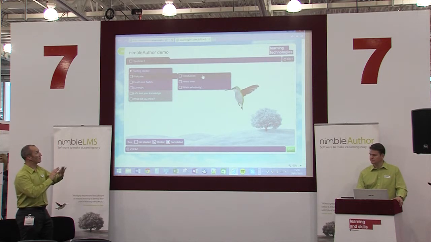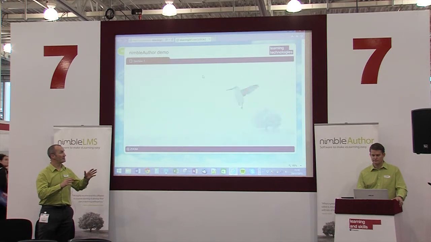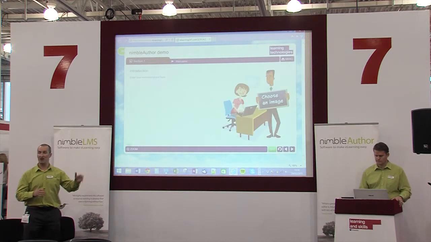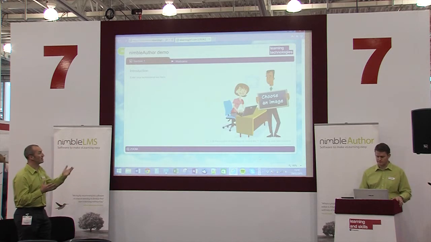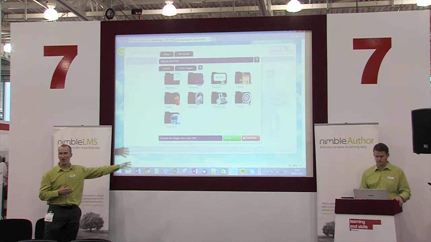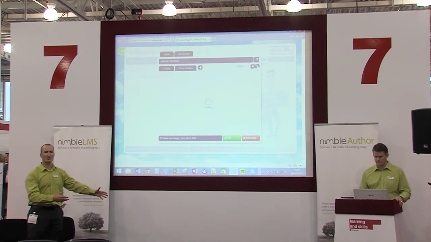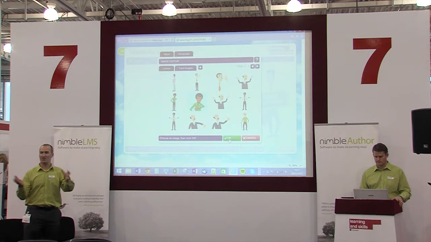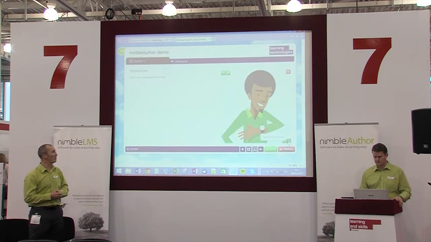That's it. You've built your structure. You can revisit that at any time by clicking on the edit button, and now you can click on each page in turn and go in and follow the same process. You click on the edit button at the bottom, and you'll see there we've got integral instructions throughout, so it really helps you through the process. You don't have to learn anything. The idea is that you can sit down within 5 minutes, just get straight on and start building your courses.